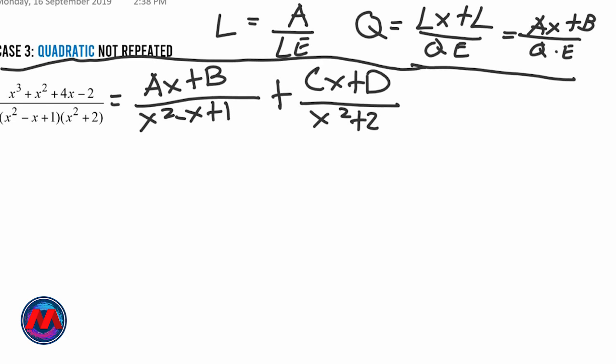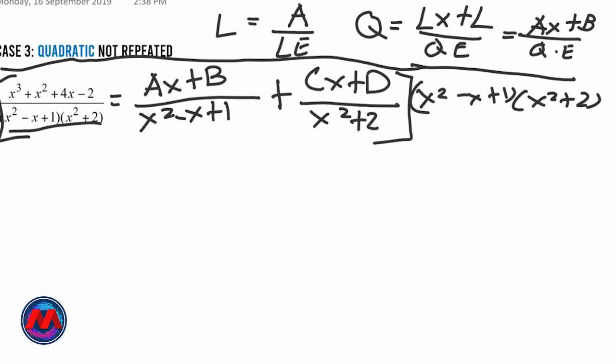So, pag na-set up na natin yung equation, dating gawin, imumultiply natin dito yung LCD. Ano yung LCD natin ulit? Ito po ang ating LCD. Alright. So, that's x squared minus x plus 1 times x squared plus 2. So, multiplying that to our first equation, yung matitira lang is yung numerator. X cubed plus x squared plus 4x minus 2 equals to